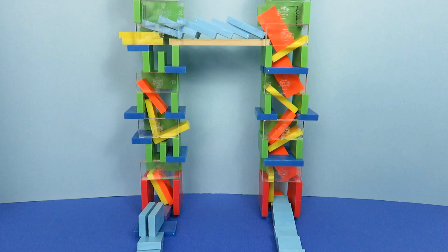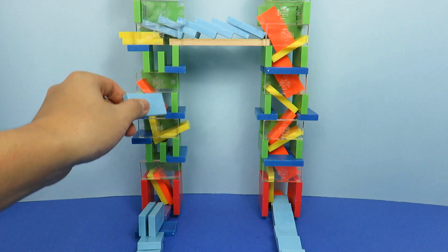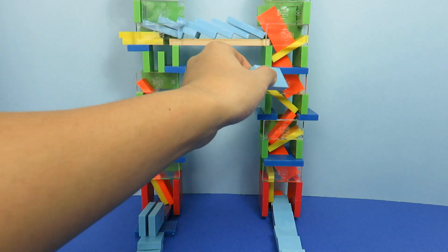So what we've got here is a down tower and a breakaway tower, and this is a...